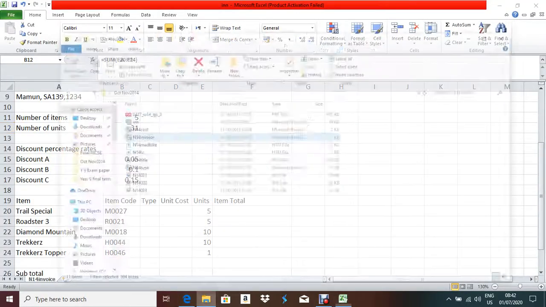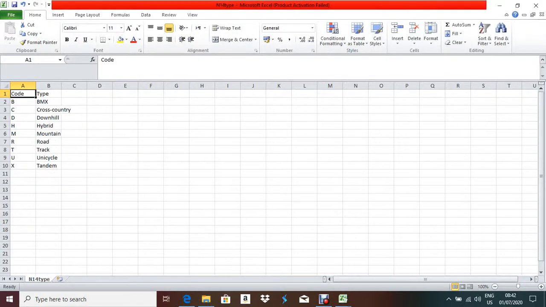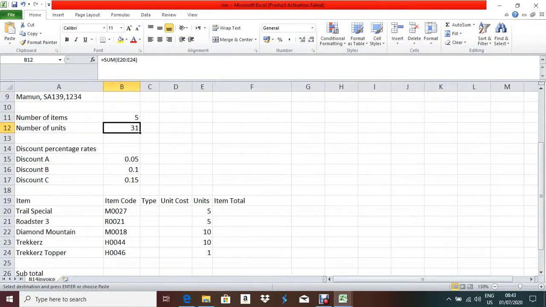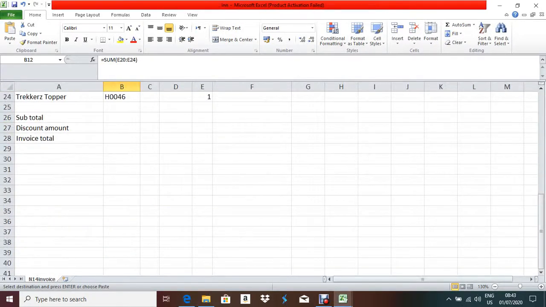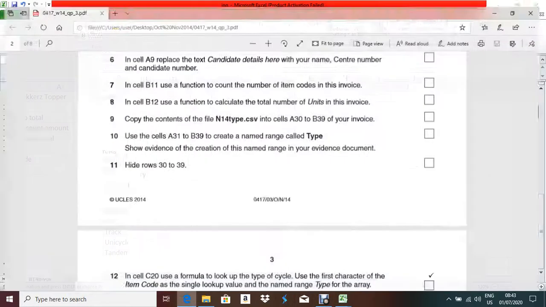N14 type. So we have to open N14 type. Copy the whole thing, the 2 columns, Ctrl C, and then keep your cursor pointer in A31 and paste it. Now check A31 to B39, all the data is copied. Done.